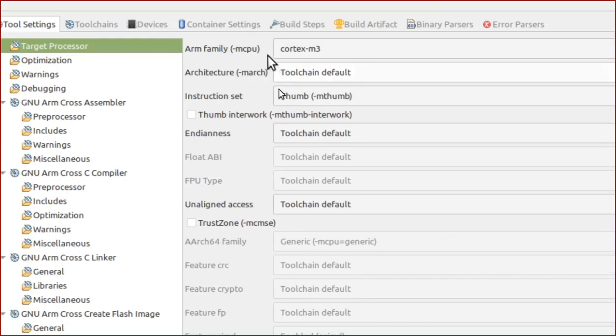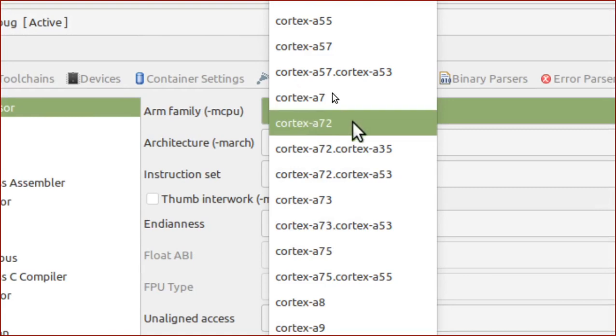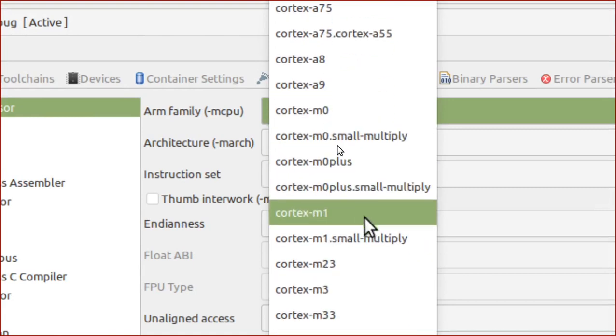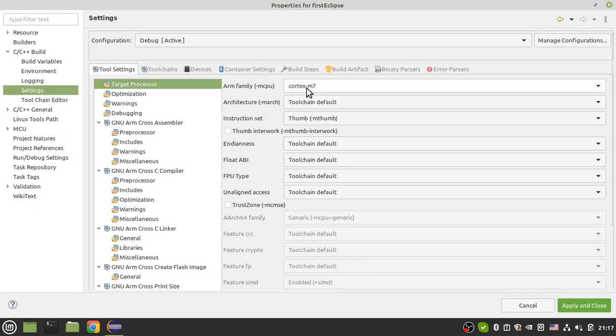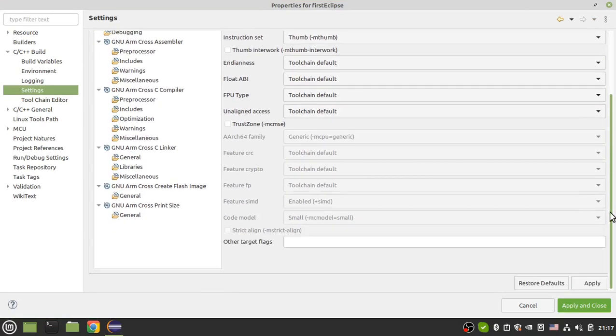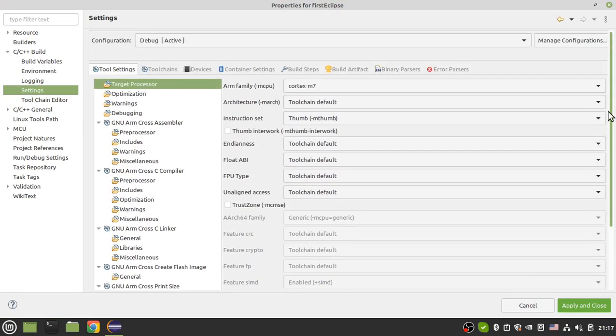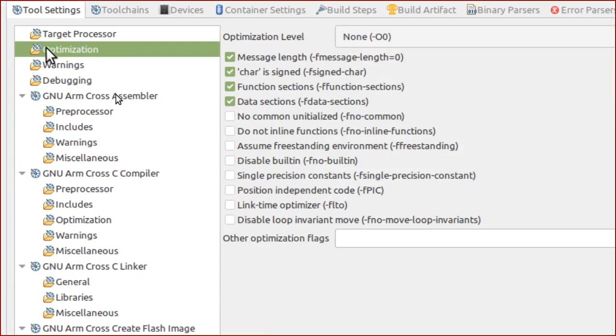I can select my CPU in a graphical mode. Okay, it's so much easier. Cortex-M7 is my processor, and leave the other options unchanged. On another page, in optimization,